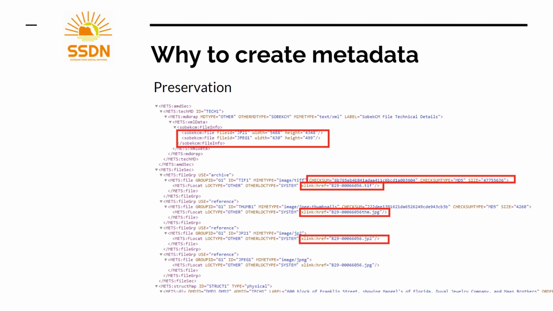Metadata keeps good track of the file formats and the structure of the data, so that whenever we need to move our data from one system to another, or we need to convert the access to the item, we have a very good record of the background history, and we'll have enough information to process the data properly to protect them from getting obsolete. For example, in the image on the screen, we can tell that the metadata has recorded